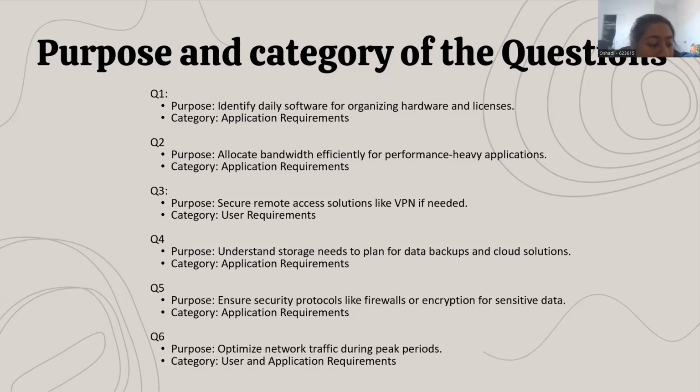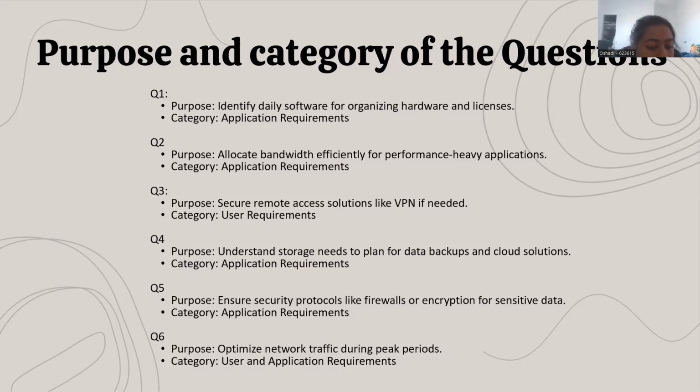Talking about the fifth, the purpose of the fifth question is to find out whether any department has the ability to handle sensitive data which requires any protocols. And the category is application requirements because it's mainly focused on security, which is managed by the IT team to